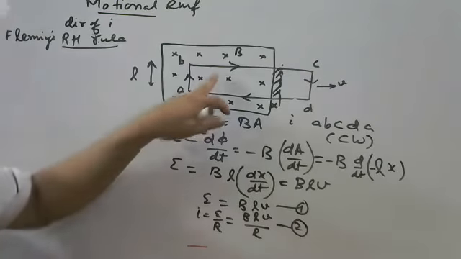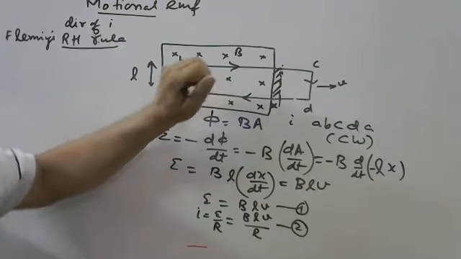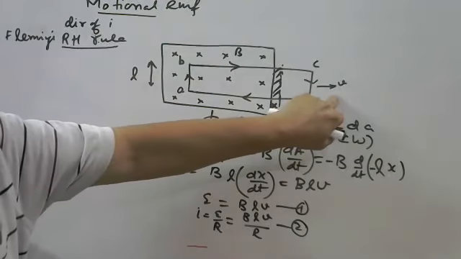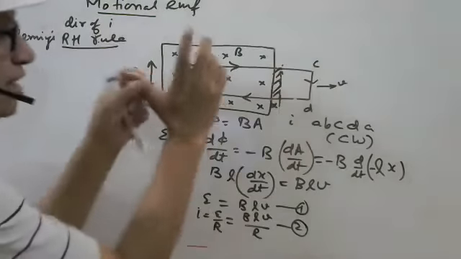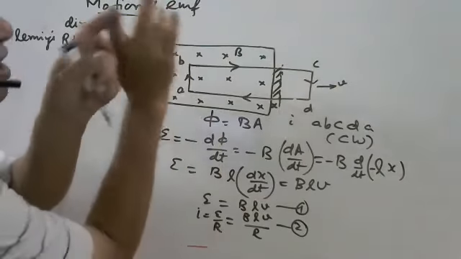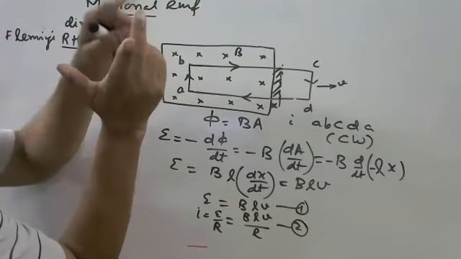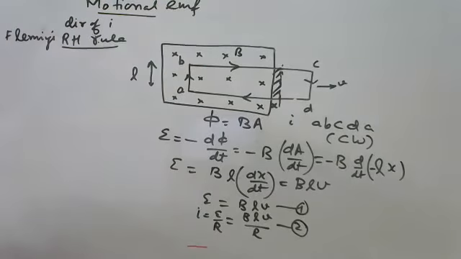If you are changing both, the direction of magnetic field outward and the velocity on this side, you are getting the same result: clockwise current. Say this is the motion here. This thumb is showing the motion, and the magnetic field is outward, towards you, coming out. If you change one thing, you will get the reverse current. If you are changing both things, you are getting the same result.